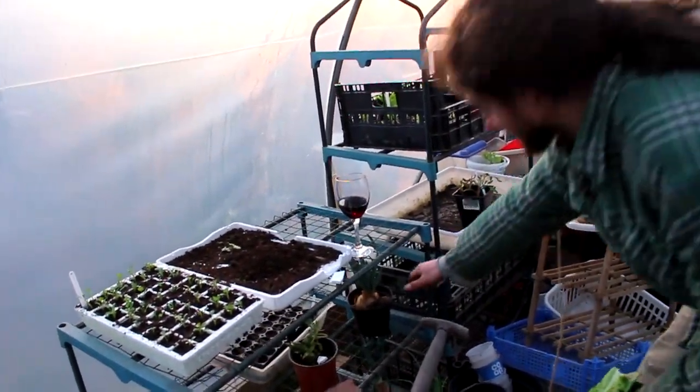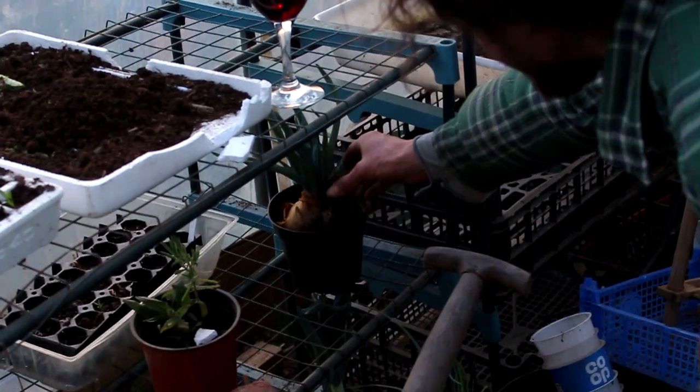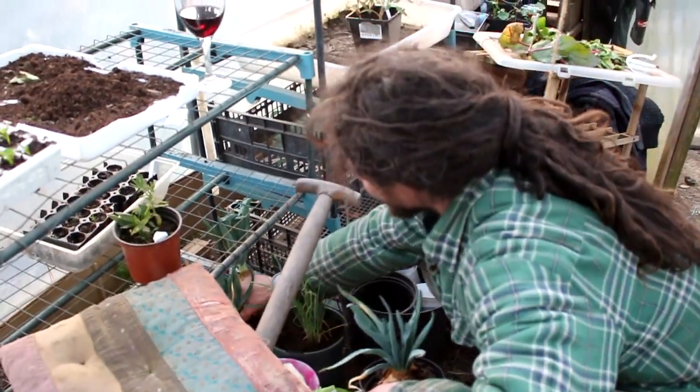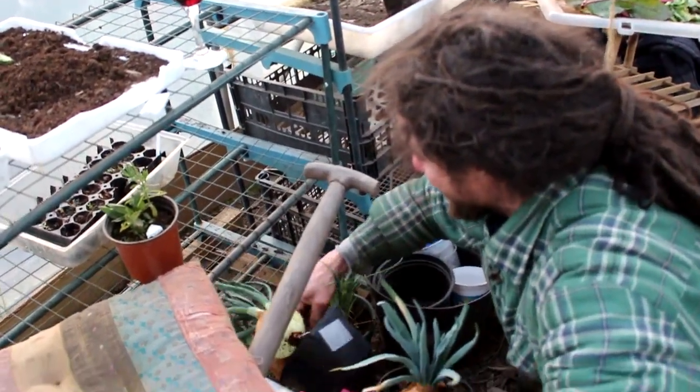But seed onions. I know these are all dry and horrible, you need to water them. I'll do that now. It's quite good actually, because I see why people do it, because you're forced...